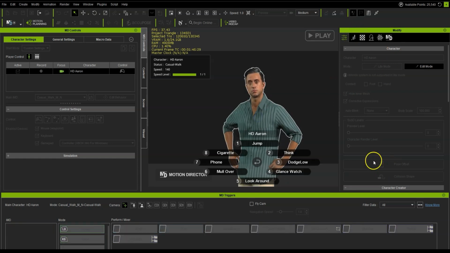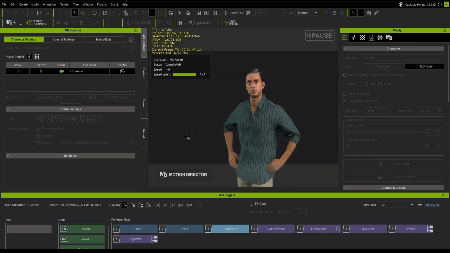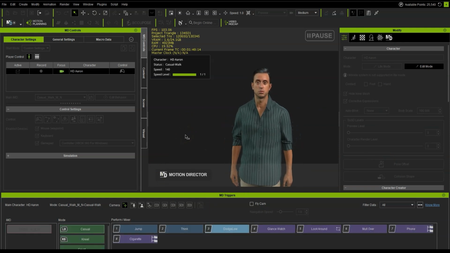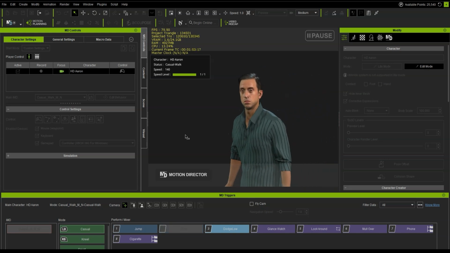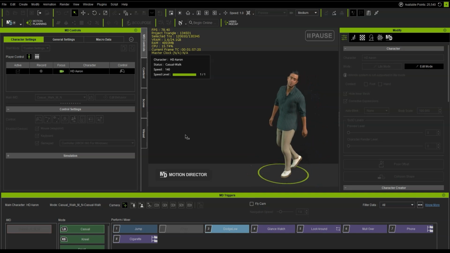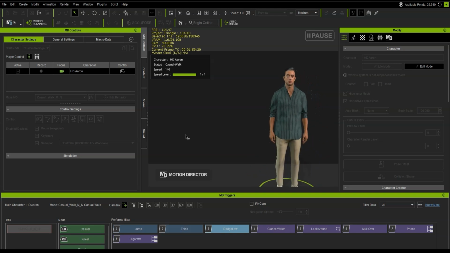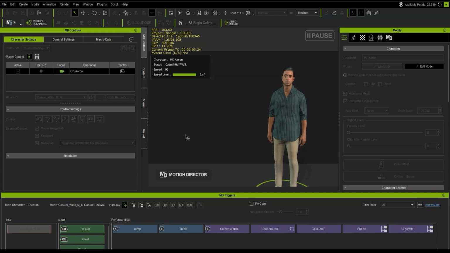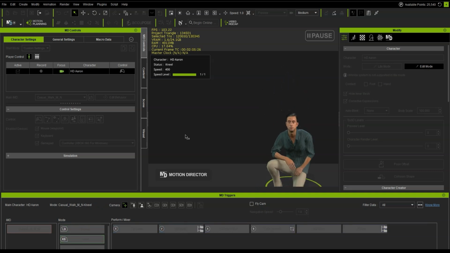At the moment, I've got him set up so he's looking at the camera, but we can turn that off. But I think it's quite good to have him always looking at the audience, though it goes a bit weird if he tries to walk too far. Again, you can set a hotkey so you should be able to turn that on and off with a hotkey somewhere. But yeah, it's a pretty cool feature with a lot of control that